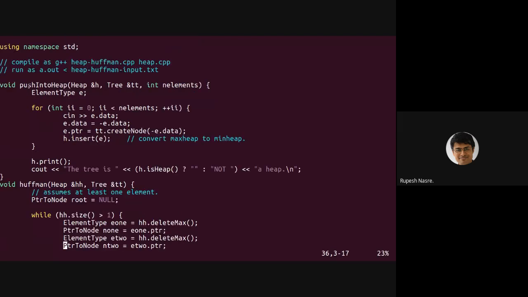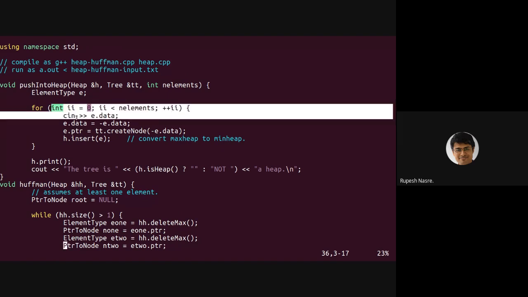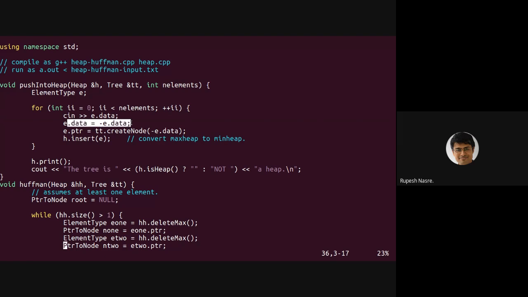Okay, let's first look at what pushing to heap is. Essentially, you go over all the elements, find out the data. This is a min heap, so I just reverse these values, right? And actually what I have done is I'm continuing to use the same code. So it's actually a max heap, but I'm inserting data elements as the negative of the values. So therefore, I can use a max heap, which gets converted into a min heap, right? So that is a small trick here, but yeah, you can build a separate min heap, either way is okay.